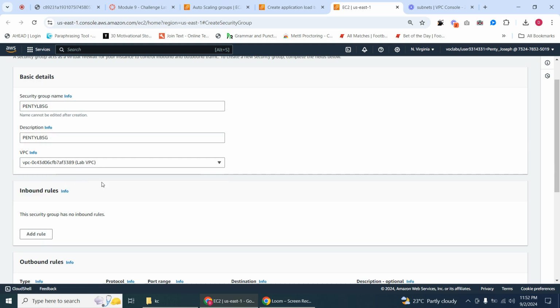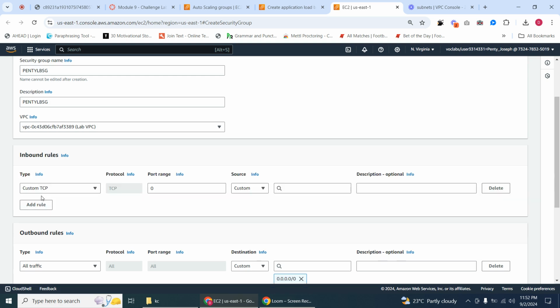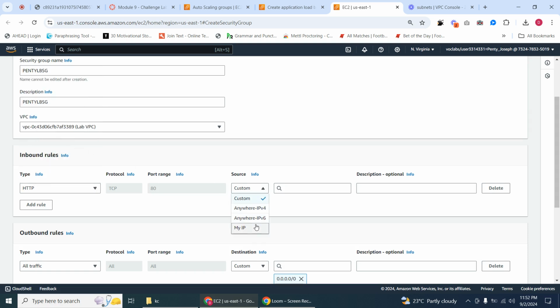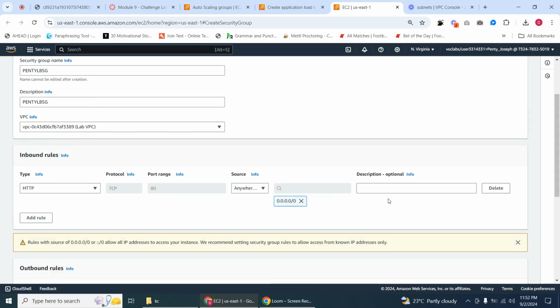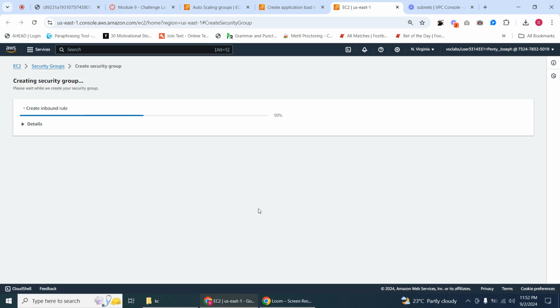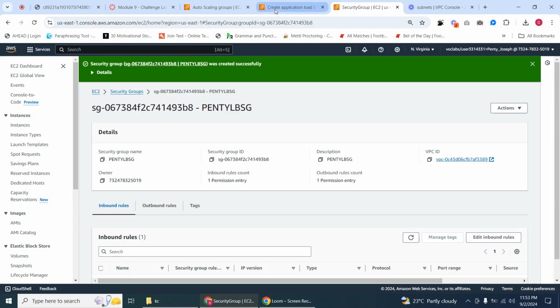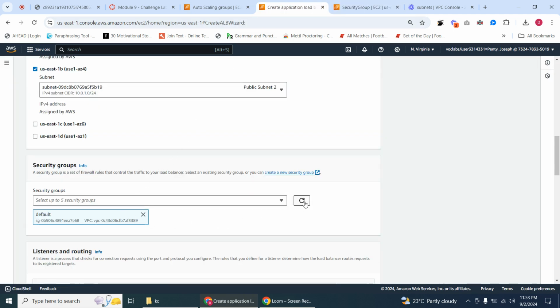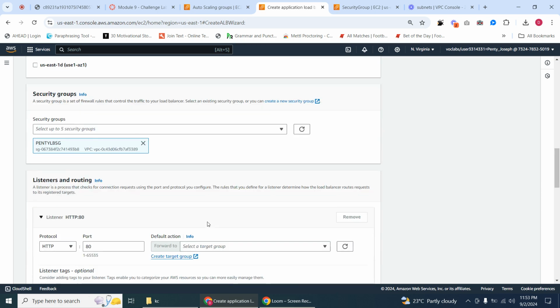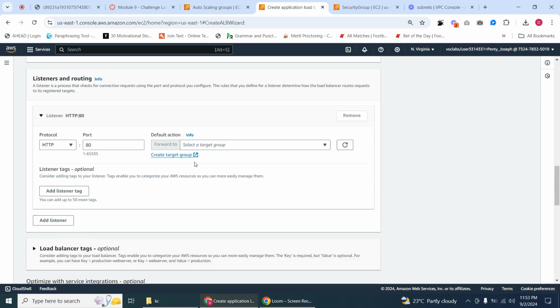VPC should be lab VPC. Inbound rule should be HTTP, because this is what the load balancer will use to route the traffic. So HTTP from anywhere, because we want anybody to be able to reach the web application. Okay, so that is it. Go back to this and refresh that. You should see that what you created is available. Remove this and then